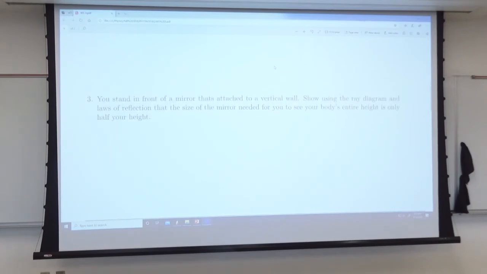It's asking when you stand in front of a mirror, how big the mirror should be to see your full image. Okay? So we can use the ray optics to solve that problem. But before we solve that problem, we need to state three different laws for reflection. Okay? So reflection